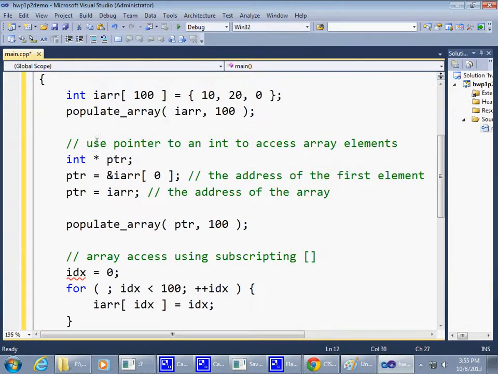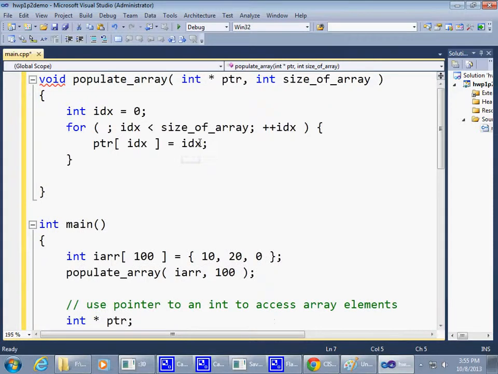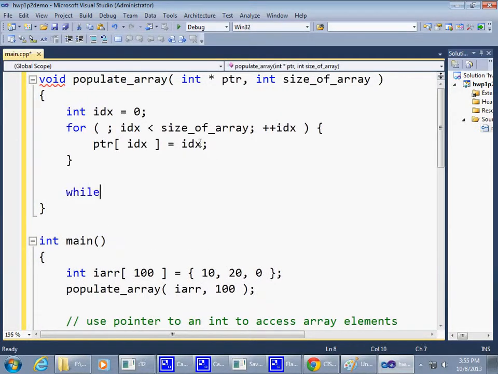So we're still staying on track of using pointer to an integer to access array elements, and trying to use this function here to demonstrate. This function could be rewritten as follows. Instead of using the for loop and using index and using subscript access to individual elements in the array, I could do this. A while loop, which simply says while the size,